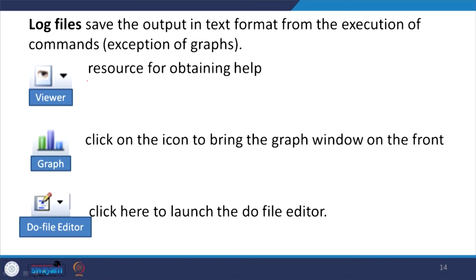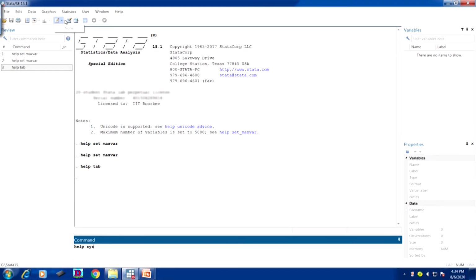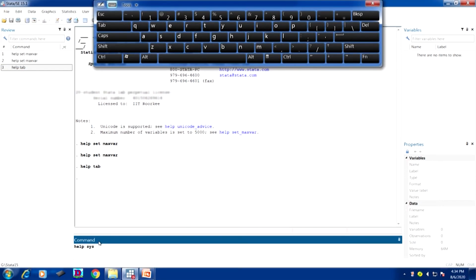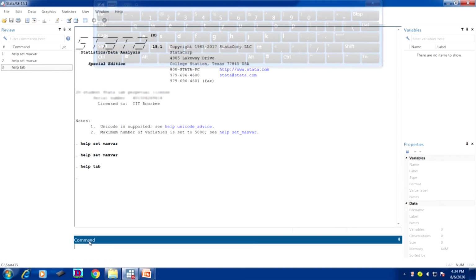another one is the do file editor. Click here to launch the do file editor. It is always suggested to all of you that you please start with the do file editor. Okay, do file editor, likewise this. Here is the do file here. Now since no data is loaded in this software, we are going to load it. If I use sysuse, just for your clarity, I'm trying to do it within 1 minute. Let me backspace that. I will just load a data set for you.